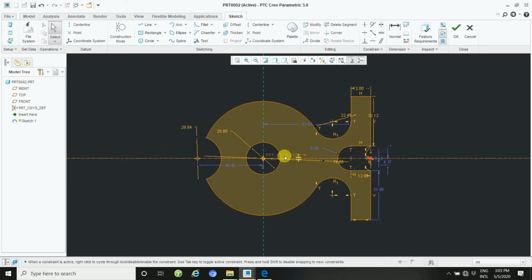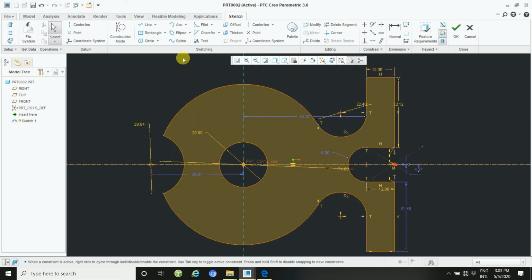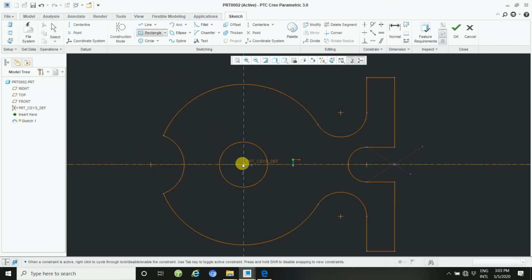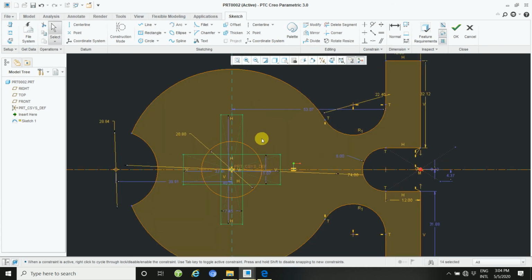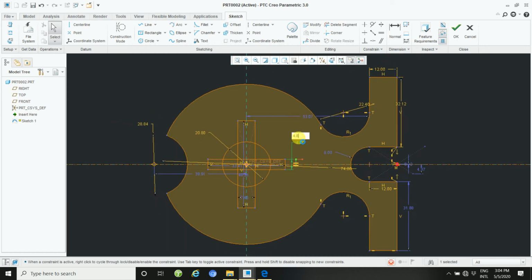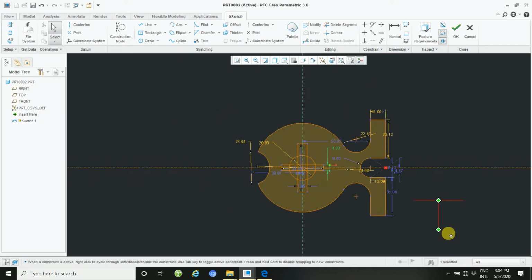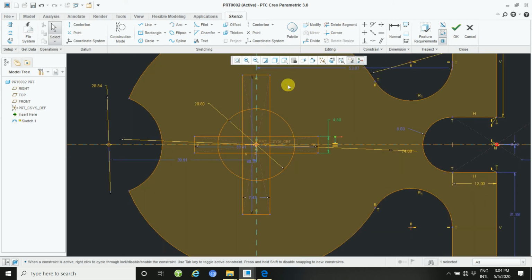And then draw a center rectangle. If you need two more dimension, center rectangle, then draw here this way. Your work will be lesser. So you need to define this dimension 4.8. And this dimension is also 4.8.